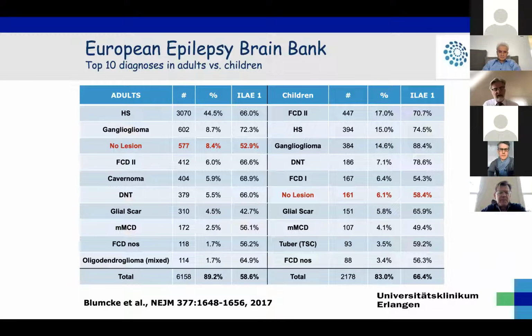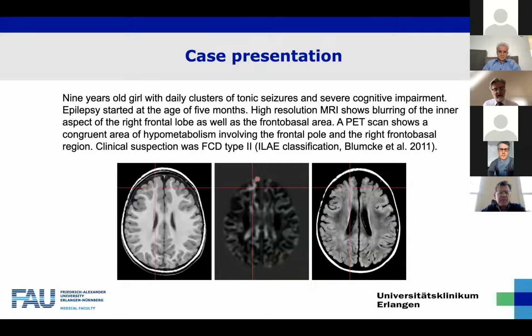That is shown here, right? There are almost 800 non-lesional cases, and maybe there is something in there. I want to show you this case that truly has an abnormality in the voxel-based morphometry in the MAP fusion, less so on the structural MRI. But here it sounds like this could be an FCD type 2 or something. And then this young kid